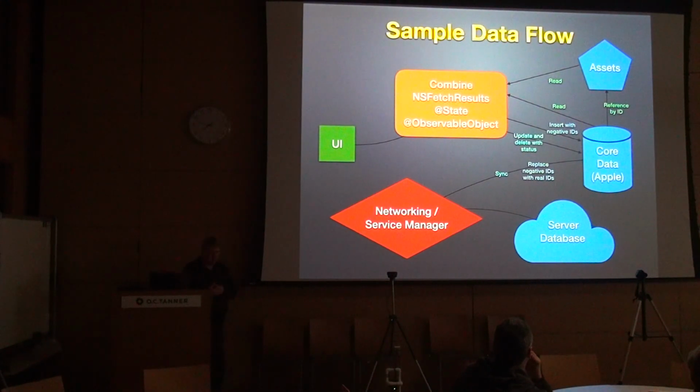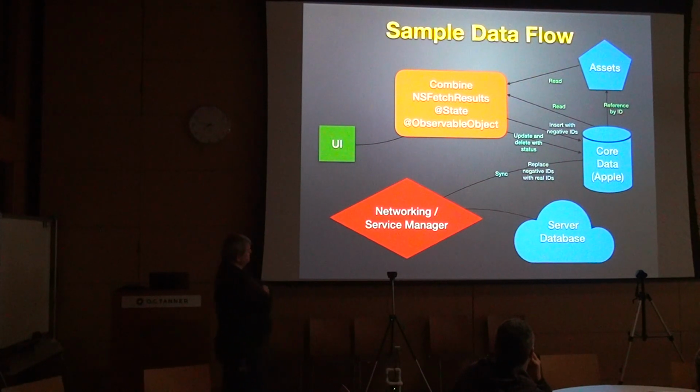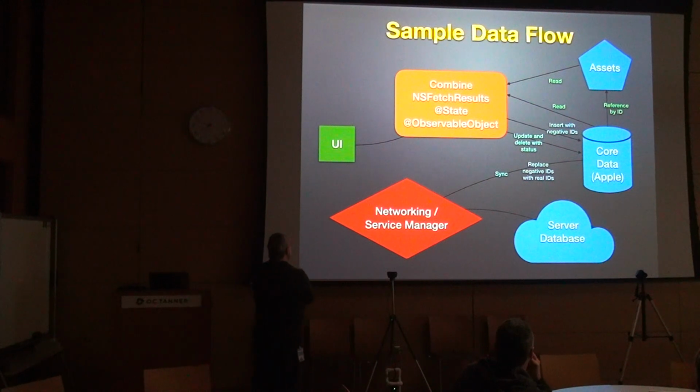All right, so final slide, I think. I haven't shown you a lot of pictures, just a few icons. So let's talk about some pictures. What does this look like? Well, this is kind of what it would look like if you want to support offline data flow. This is just one sample. It doesn't have to be this way. But this is the way that you can do it.